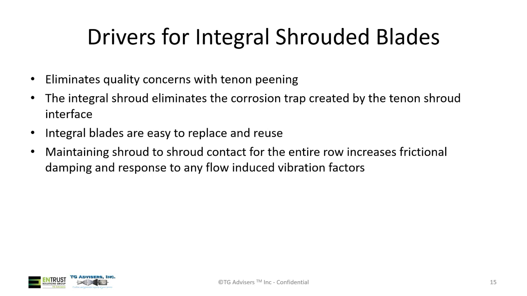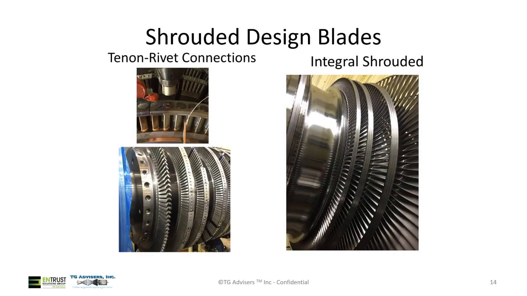Integral blades, you can actually remove them and put them back into the row if they're not damaged. Whereas with those tenon connections, if you want to remove a blade, you have to destructively remove it and often replace blades. There are some techniques to reuse called foxholing,